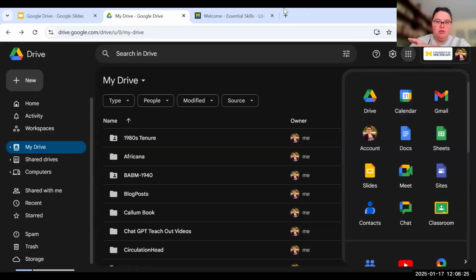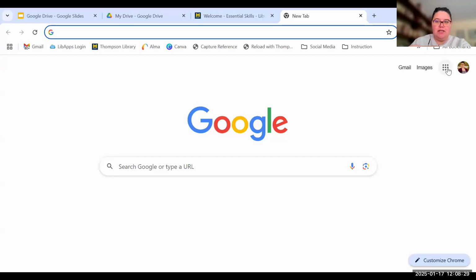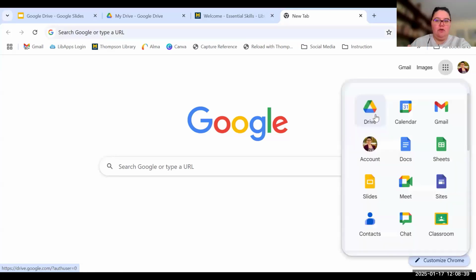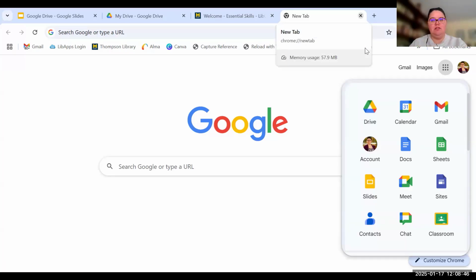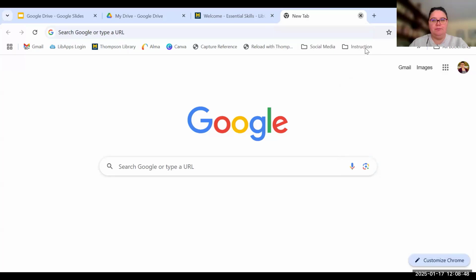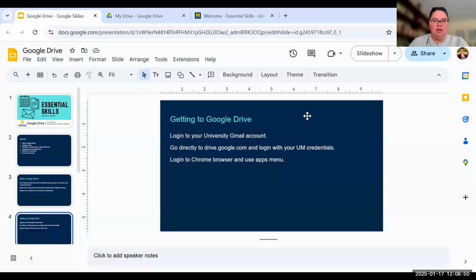Okay. If you are logged into your Chrome browser like I am right now, those 9 dots will show up next to your profile image on the new tab. So say it definitely says, I want to go to Gmail first. But again, you could go into Drive from this option here. Okay, so that's basically how you get to Google Drive. Pretty simple and self-explanatory. Okay. Now,